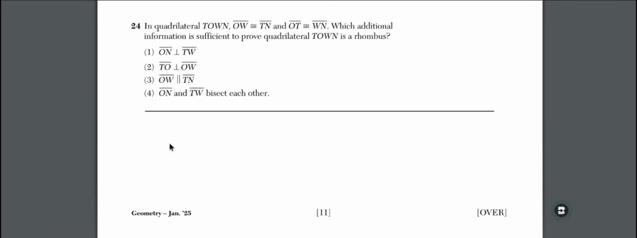Last question for the multiple choice. In quadrilateral TOWN, line segment OW is congruent to line segment TN, and line segment OT is congruent to line segment WN. Which additional information is sufficient to prove quadrilateral TOWN is a rhombus? So,